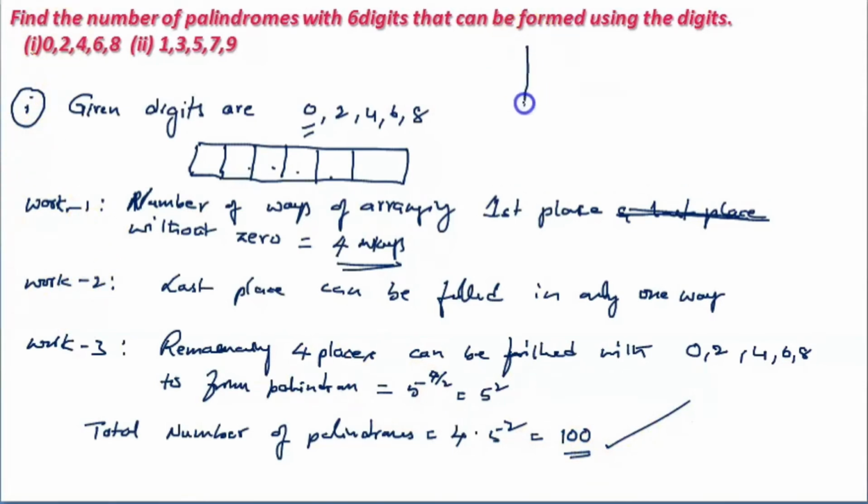Second one, I give a clue here. Second one, I write it simply. Since the number of digits n is equal to 5, we need a 6-digit palindrome. R is equal to 6. 6 is an even number. Therefore, the number of palindromes